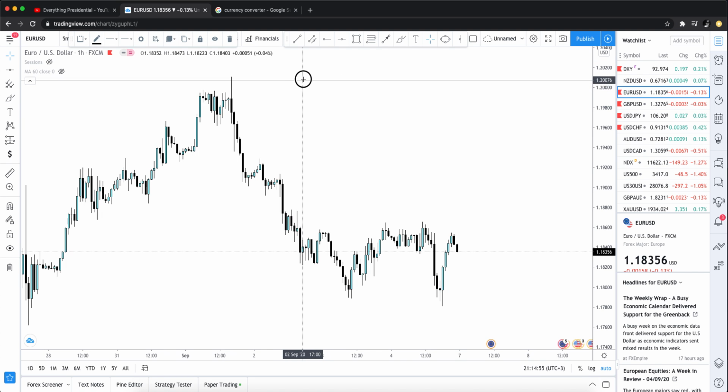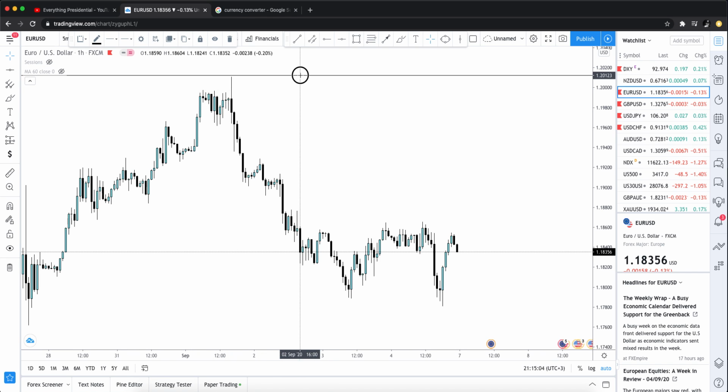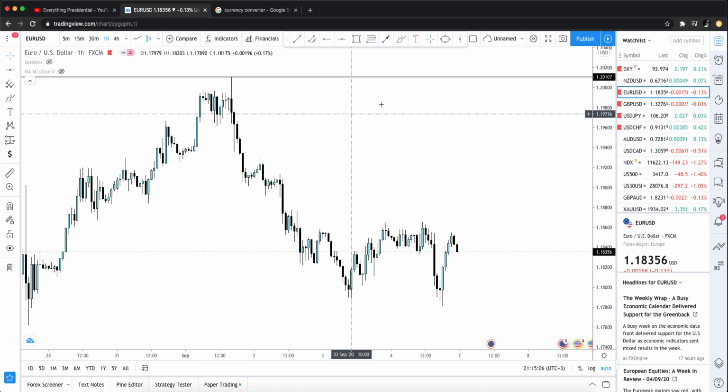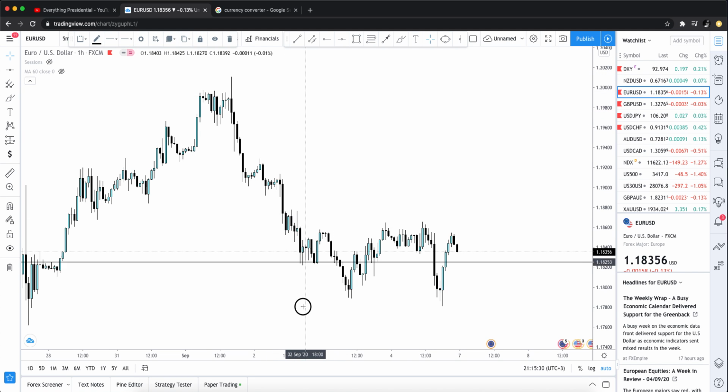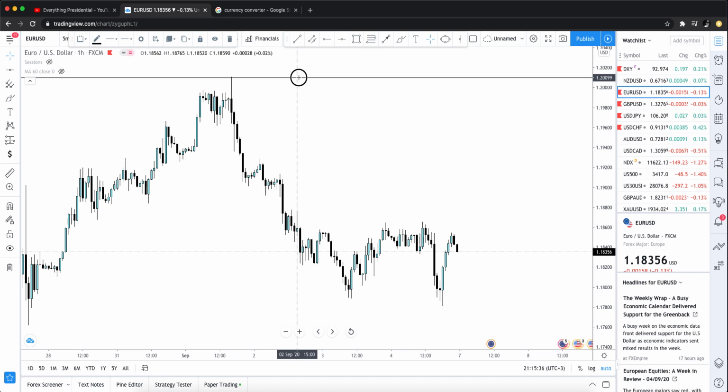So basically you want to sell the US dollar, since you're buying the euro, right? You're buying the euro and you're selling the US dollar. You want to do it at a higher price because now your euro is more expensive than normal, because the exchange rate is telling you that. So you can acquire more US dollars for a cheaper euro. Make sense? So for the euro you have to pay less, and for the US dollar you are getting more. So that is why you sell higher and you buy lower. You want to buy at a cheaper exchange rate, and you want to sell at a higher exchange rate.